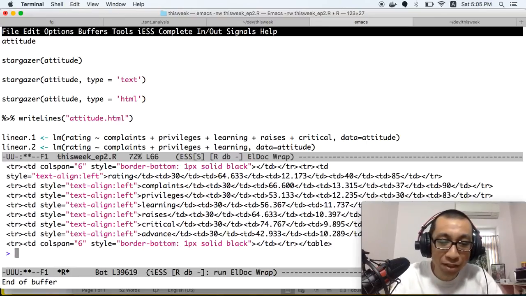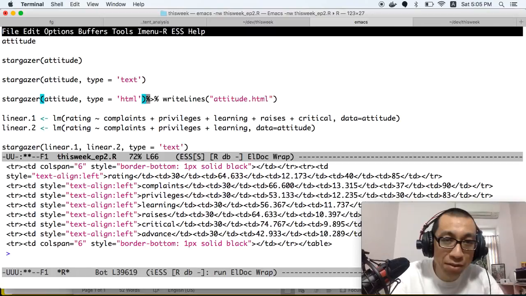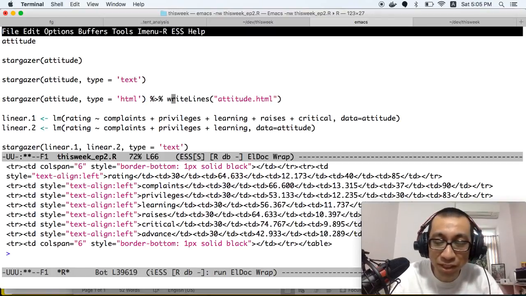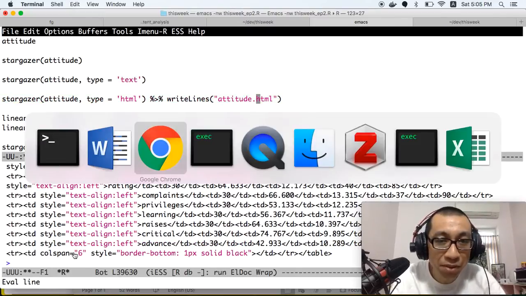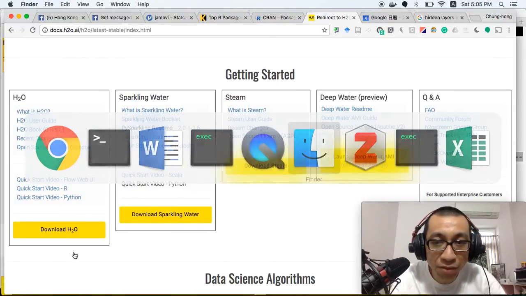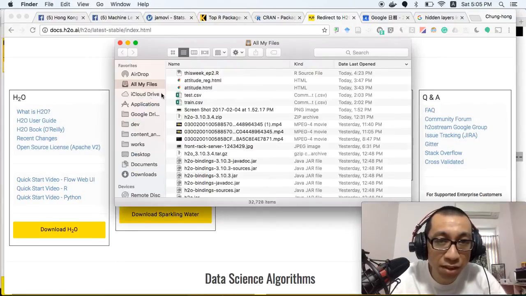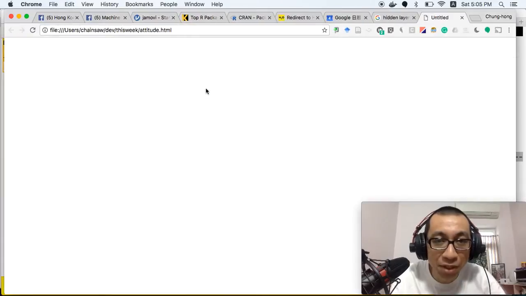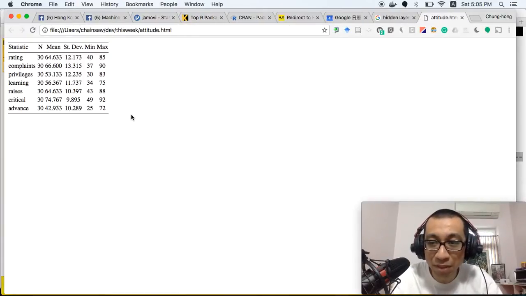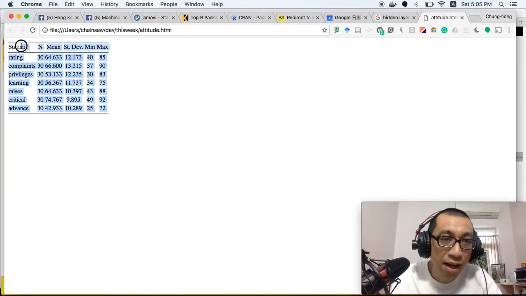What you can do is to pipe that using the magrittr pipe into the write-lines function, and let's call it attitude.html, and run that. So it will create a new file on your machine called attitude. When you open it, it will have an HTML table like this, and you can copy this table